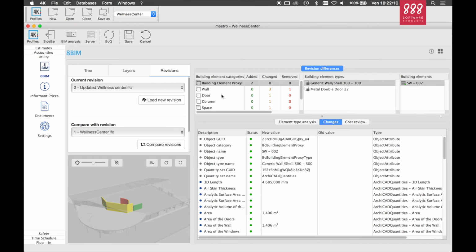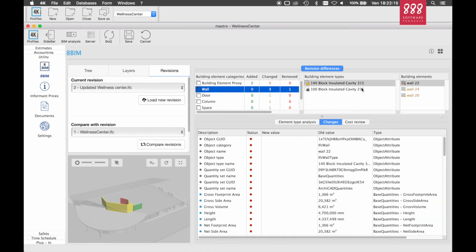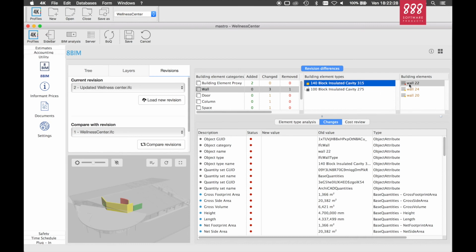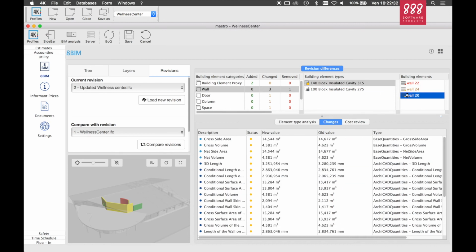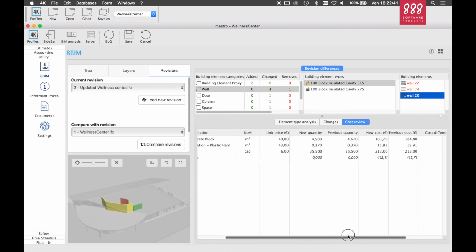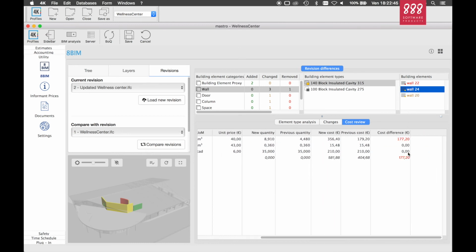The same information is also summarized in the right table and is grouped at first by building element category and then by type. By selecting a specific element, it is also possible to see which quantities or properties are changed. And if there is an analysis for the selected element, it's also possible to see how the changes will affect